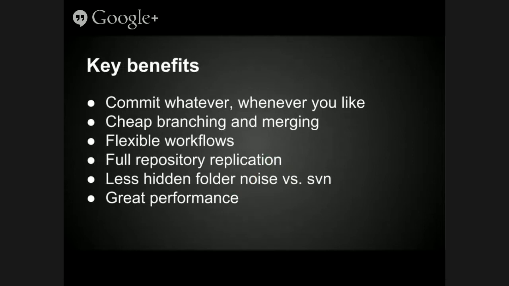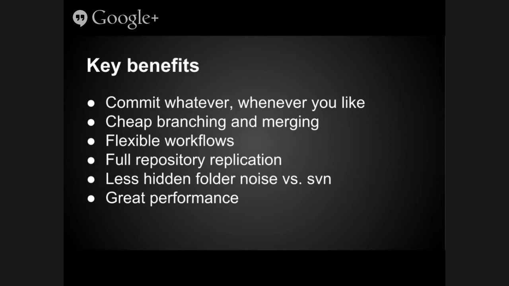So the real key benefits of migrating to Git revolve around being able to commit whatever, whenever you like. Because you have a full clone of the repository, you can tear your own repository to pieces, you can delete stuff, you can go mad, and you can know that it'll affect nobody until you share that code. So you can do some things that maybe were previously seen as sketchy, difficult, scary maneuvers in source code, and the worst thing that can happen is you just don't share them. That kind of spirit of experimentation is really empowered by source control that works for you rather than against you.